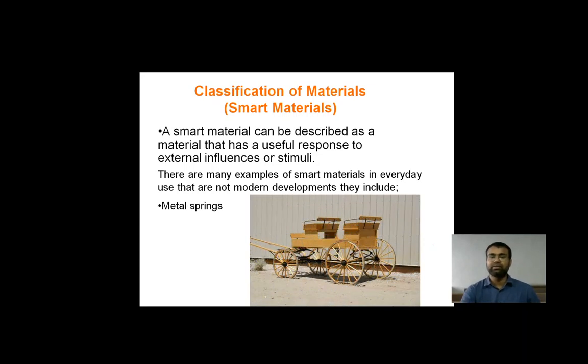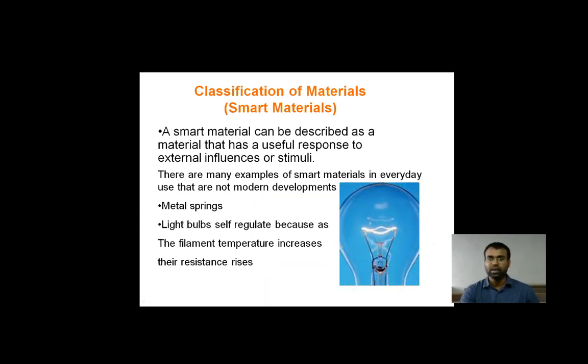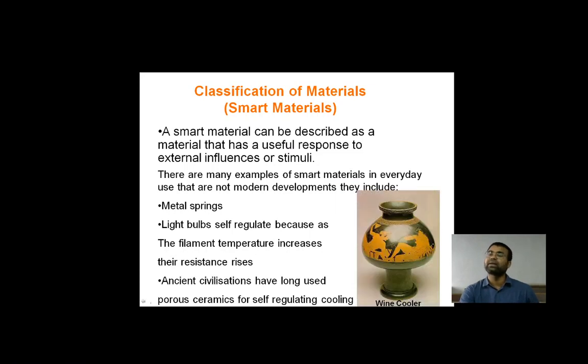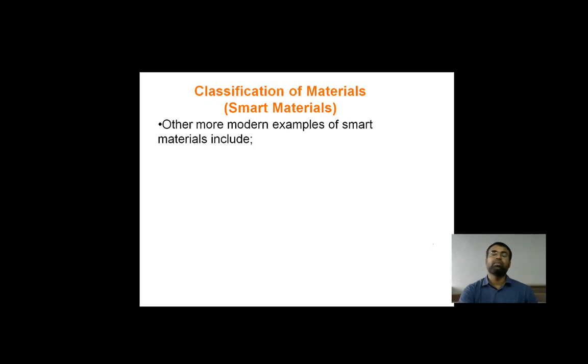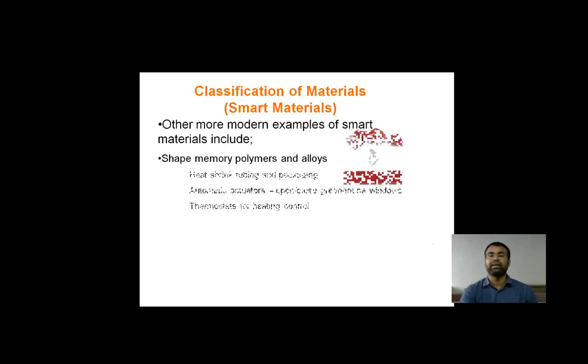As you can see, that is a metal spring. The light bulb is self-regulating because as the flame temperature increases, its resistance rises. That is how these particular smart materials work. Ancient civilizations have long used porous ceramic for self-regulating coating. So you can see these things have been traveling from our civilization, and this is what we are maintaining in this environment. Another more modern example of smart materials includes shape memory polymers and alloys,